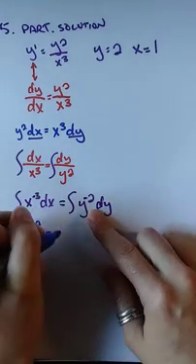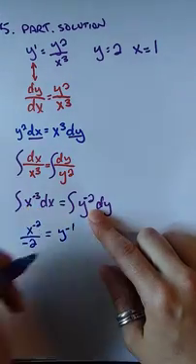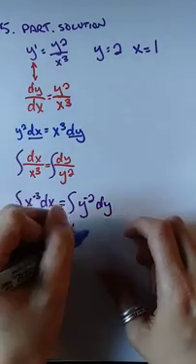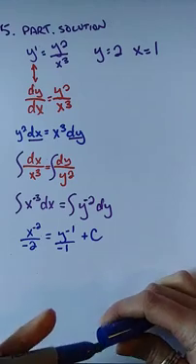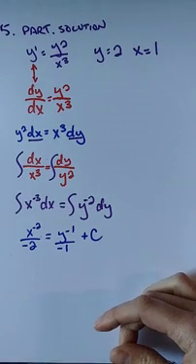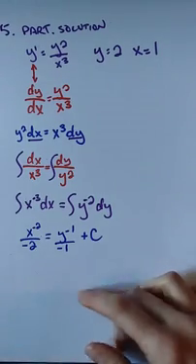Add 1. This is going to become y to the negative 1, and it's going to be over negative 1. And I'm going to have a plus c on the end. I'm going to simplify these before I start working with my initial condition. So over here,